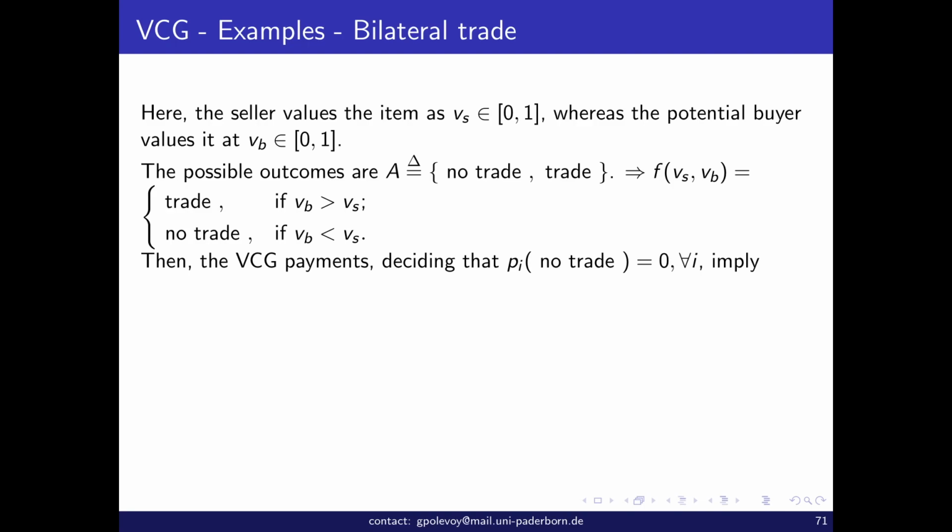So let's assume it's between 0 and 1, and those are private values. The possible outcomes are either they don't trade or they do trade. And of course, the optimum is just to trade when the buyer values this item more than the seller, and not to trade if the buyer values the item less than the seller. Of course, when they value the item equally, it does not matter what you do, both are optimum. Now, the VCG payment